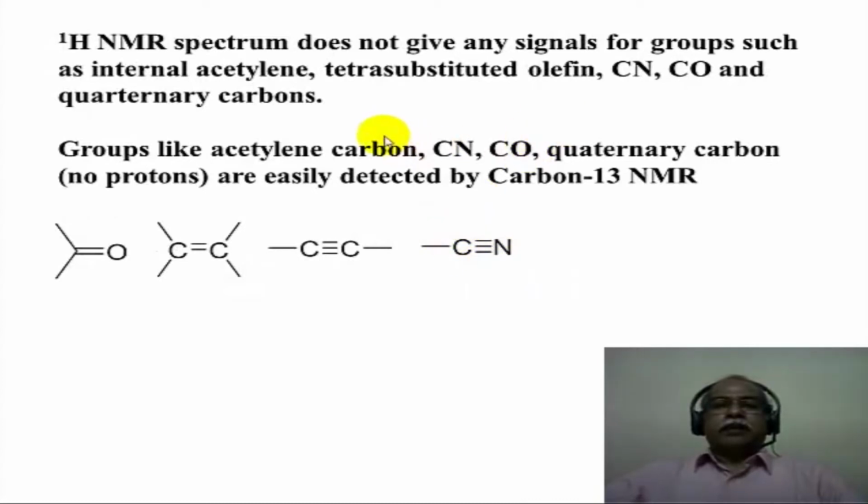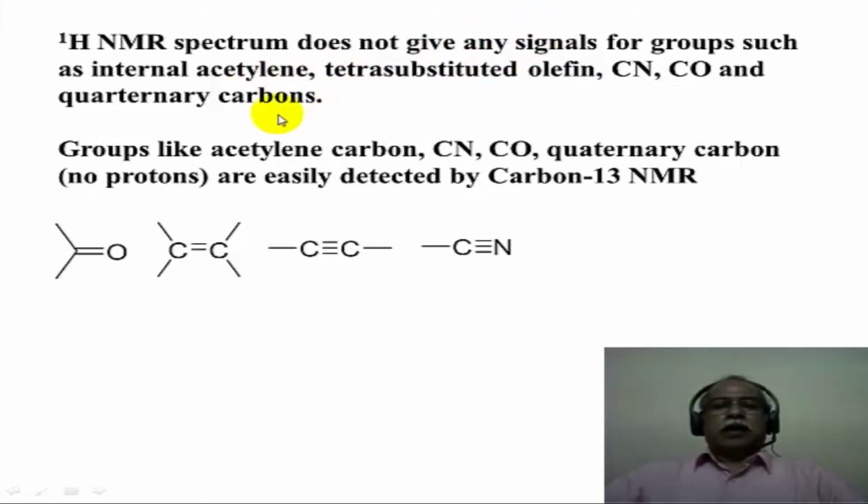The difference between the proton NMR and the carbon-13 NMR, which is very crucial for structural elucidation, is this particular point. In the proton NMR spectrum, one does not get a signal for any of the groups, like internal acetylene, tetrasubstituted olefin, cyano functional group, carbonyl functional group, and quaternary carbons. Now these carbons do not bear a proton,